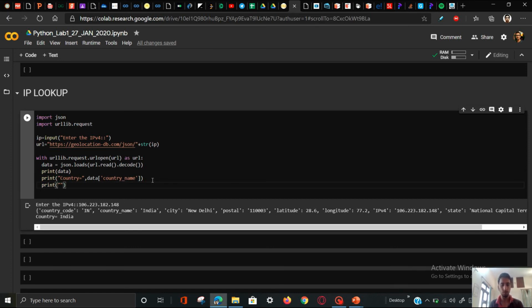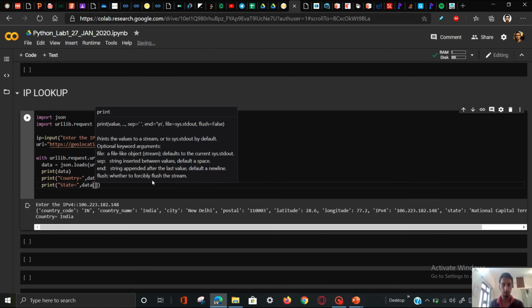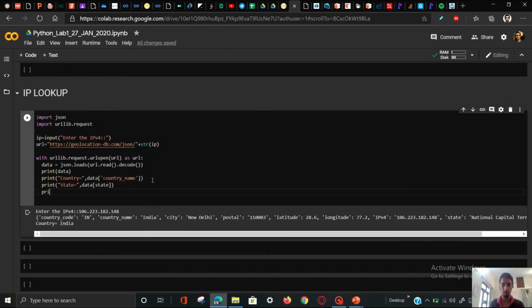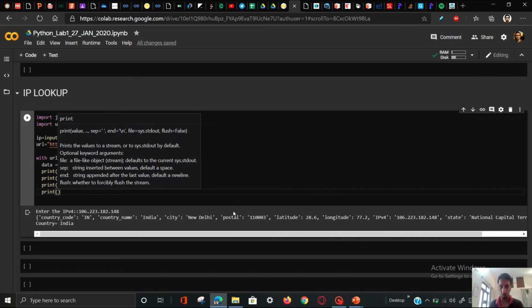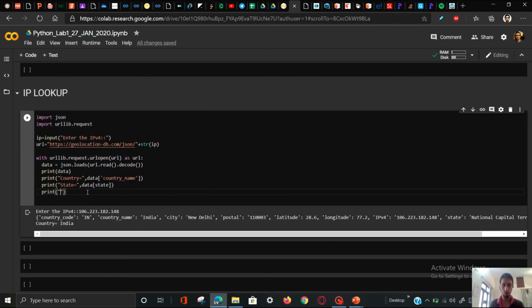We can get other information too. If you want to get the state, state equal to data and the state. Any other information, like the postal code, you can get the postal code also. Postal equal to data, and postal is the key.